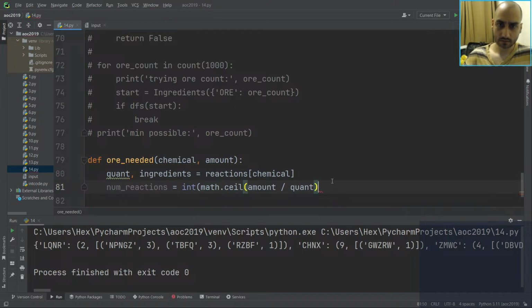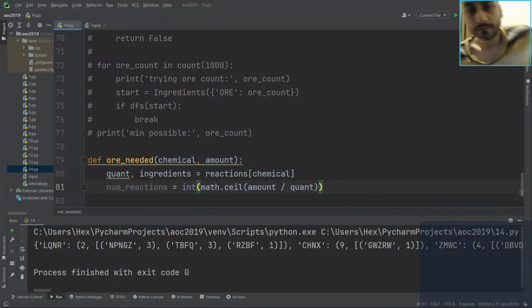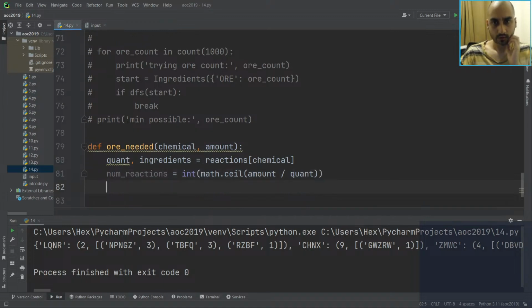Like this, to at least make that amount. Okay, so that's the number of times we have to make this reaction, right? So that's bona fide. That many reactions need to be done, and so then we need to find out the ore